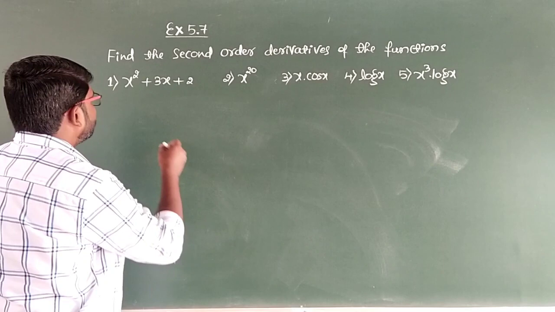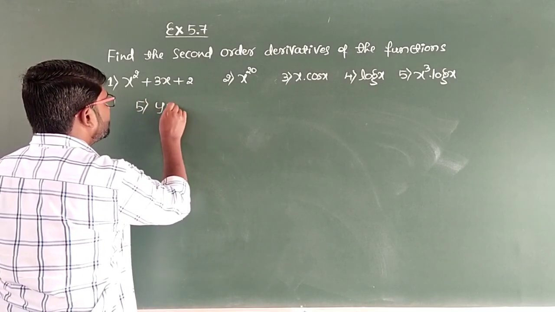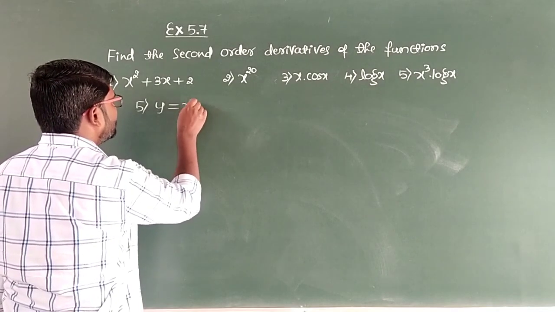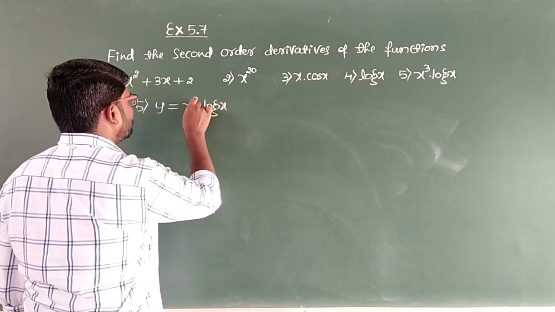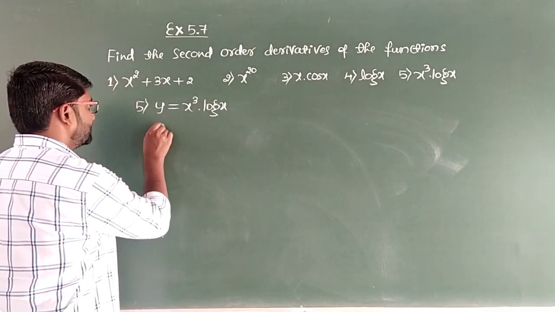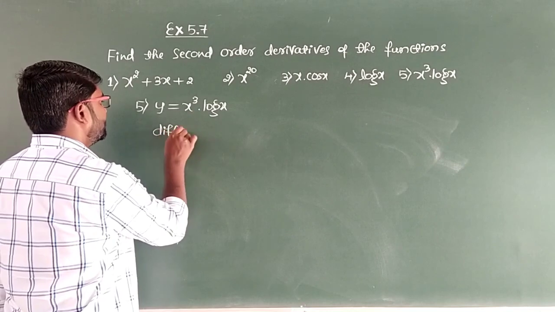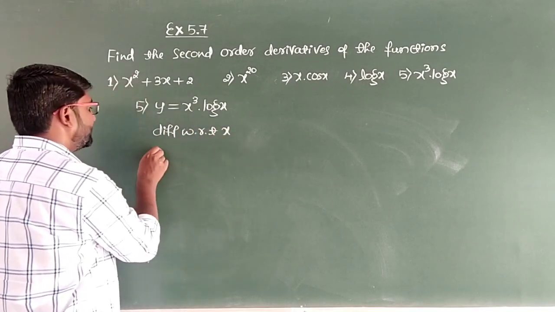Well, the question number 5, it is y which is equals to x cube into log x. So differentiate both the sides with respect to x. We get dy by dx,